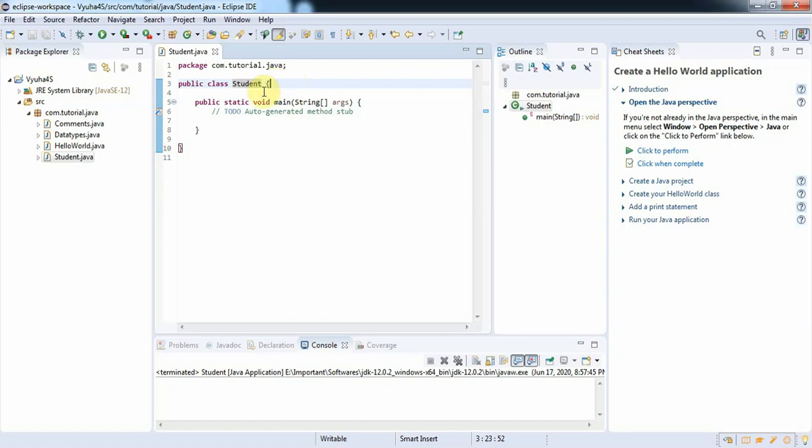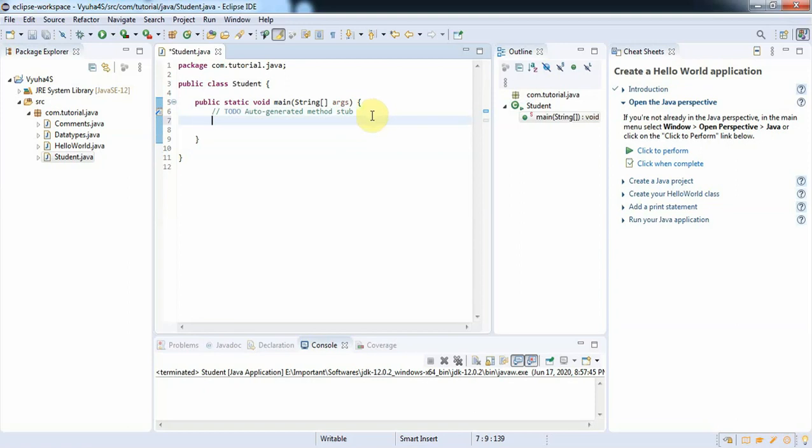The syntax for a class is class, space, Student. This is the class name, then an open brace, and at the end you can see a closed brace. Those are called flower brackets. Here you can see this is public. I'll tell you what public, private and protected are in a later section. Public static void main must be there in order to execute a Java program, other than exceptional cases.